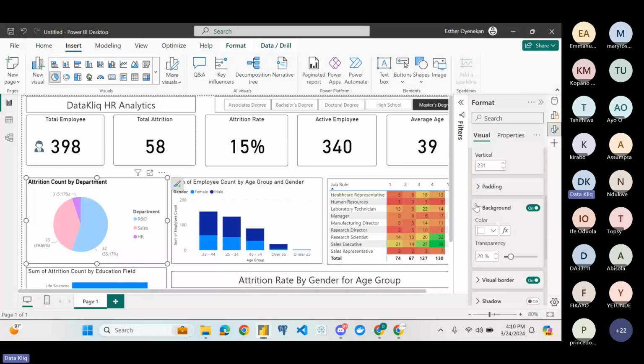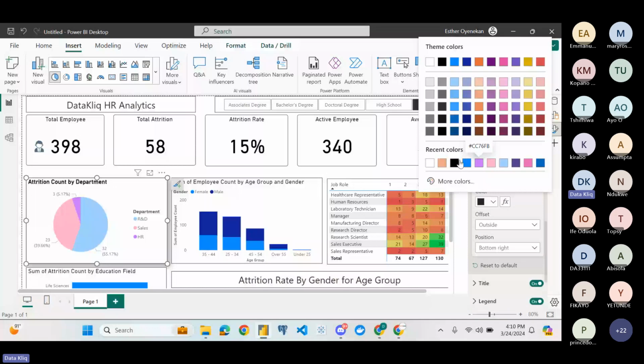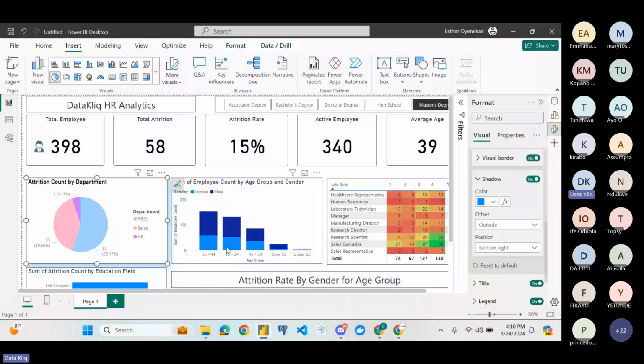Okay, I want to use shadow. Sometimes shadow can be cute. So what color? The colors that I've used earlier. Maybe I want to use blue for my shadow. Where do you want your shadow to be? Do you want it inside the chart, or outside of your chart? What position do you want it to be? Do you want it at the center, covering the whole of your chart, or at least